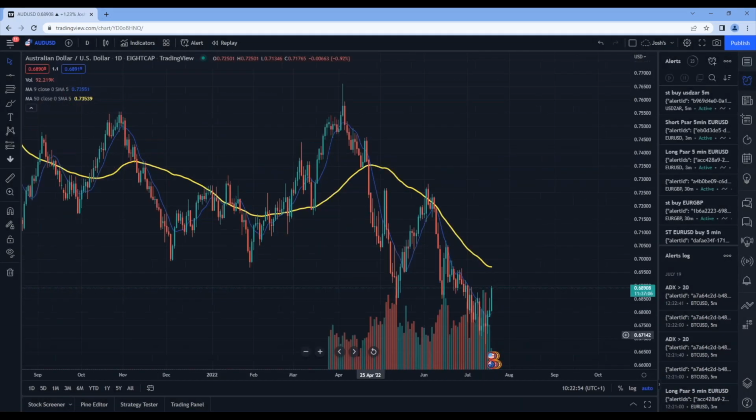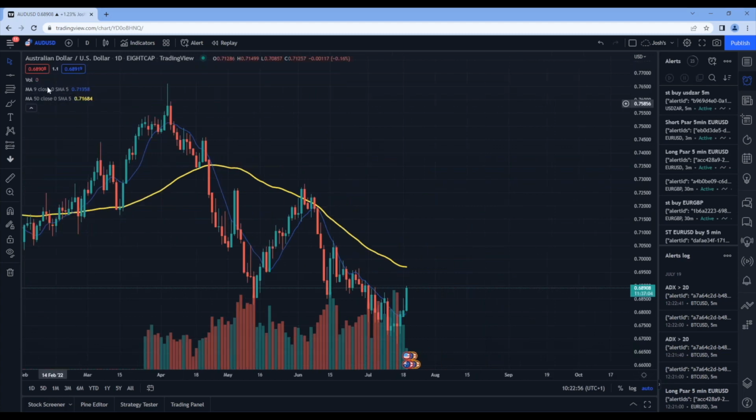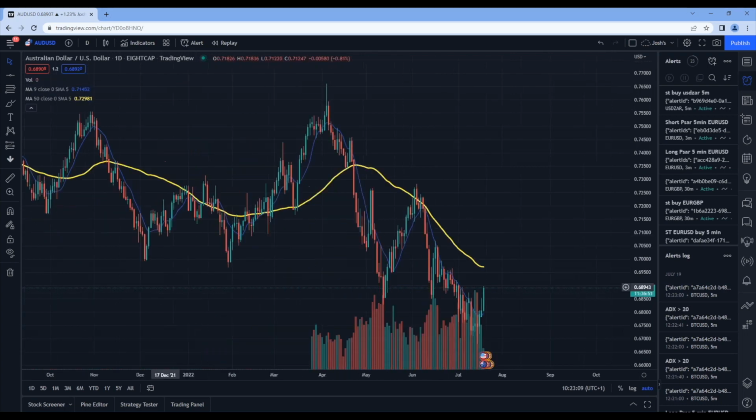Okay. So here, I'm just on my charts, using a very simple moving average. I'm using a short moving average, which is the 9, and a longer moving average, which is the 50. So let's say that every time the shorter moving average crosses above the longer moving average, like it does here, we want to average into that position. That's quite easy.